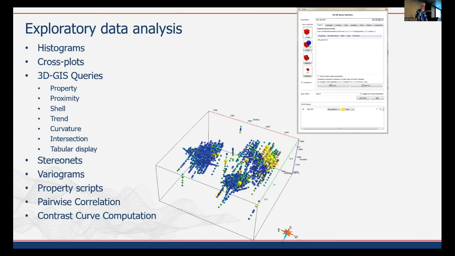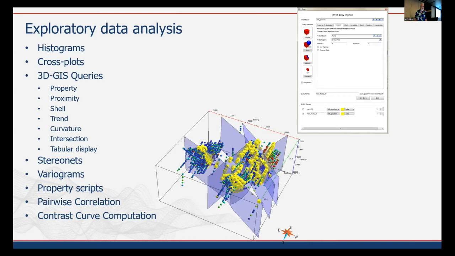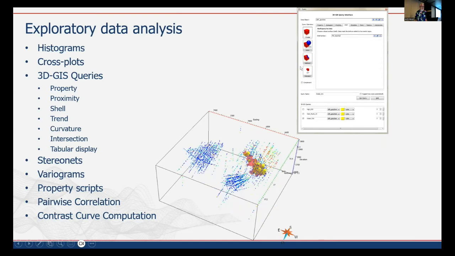So this is showing a set of geochemical data, and the yellow points here on this image, down here, are the ones where the potassium assay is greater than 3%. Right, so we're just looking at a subset of the data. This is showing the same thing, but now we've plotted a few faults on here, and now we're showing in yellow the points that are within 25 meters of those faults. So it's a proximity query. This is a shell query where you're showing only the points in yellow that are within the ore body wireframe. So you can give it any surface and say, show me all the points inside this closed surface.